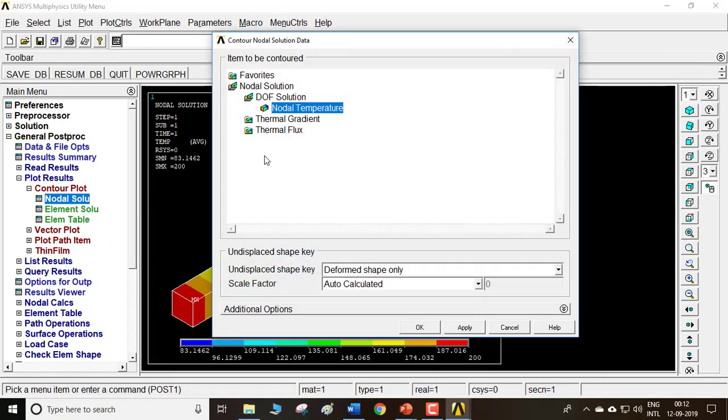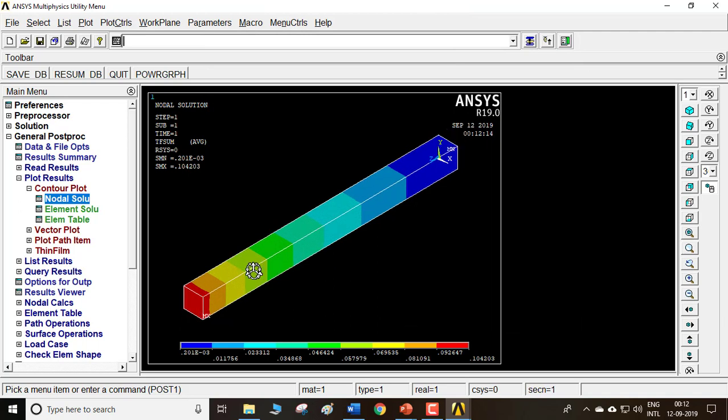So again, nodal solution, go to thermal flux, which is nothing but heat flux. Click on thermal flux vector sum and click on OK. So you think that nothing has changed. The values have changed here, so don't worry about the color. The color remains the same. The value has changed here. So it goes to